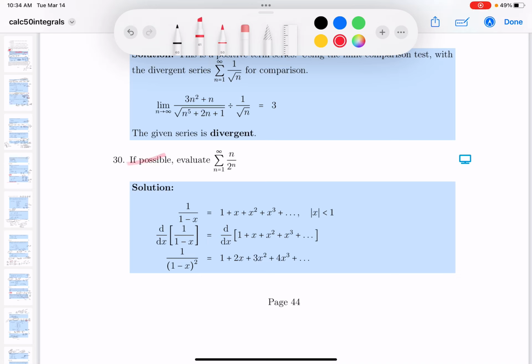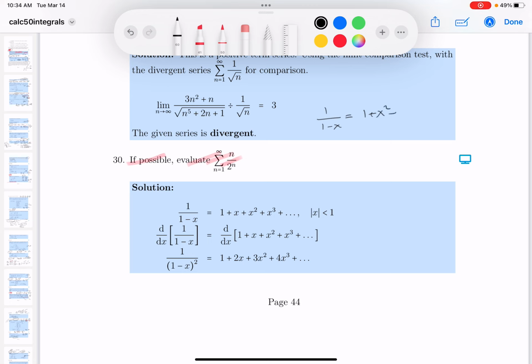All right, so if possible, evaluate the series here. My suspicion, if they're saying if it's possible, is that it's probably related to something that I do know, like telescoping series or the geometric series. So I'm going to look at the geometric series first, by the way. And the geometric series, you know, you get 1 minus x